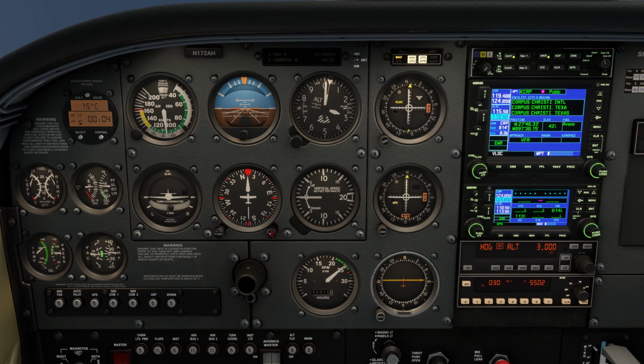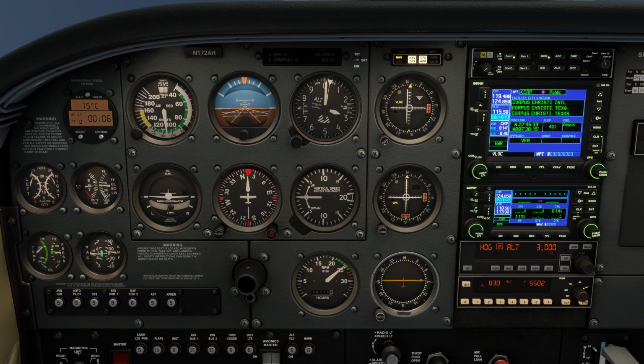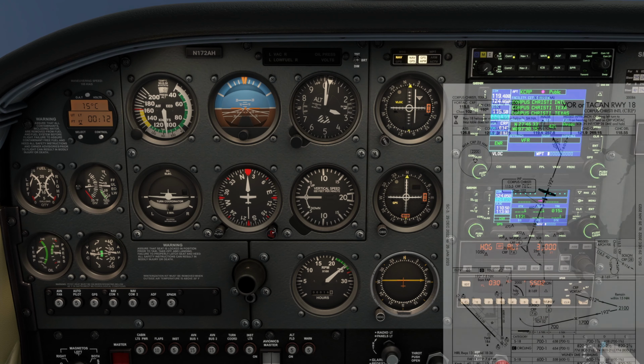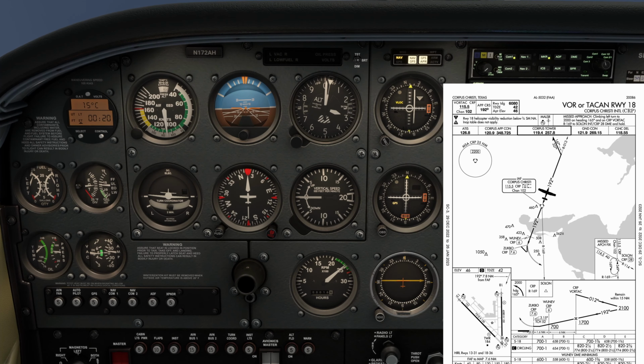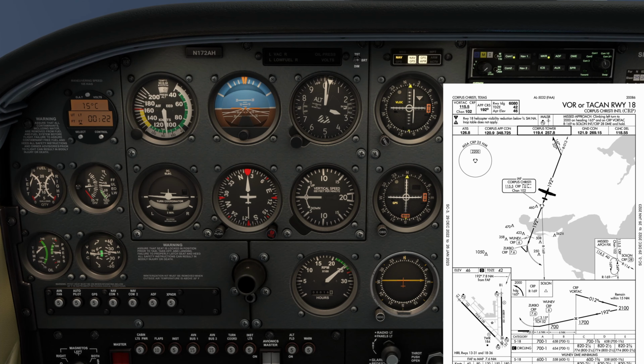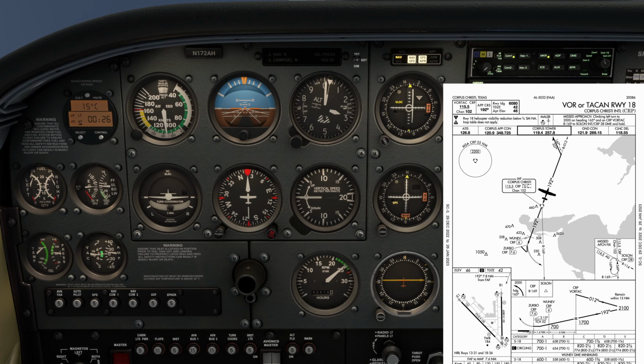I'll turn to 012. That's about where I am right now. I'll go ahead and twist to a 012 on the heading. And I'll put just a little bit more of a turn to go and intercept that course. Then I will throttle. I need to go down to 2,100 feet. So I'll go ahead and put in 2,100 feet, and I will use a vertical speed mode of about 500 feet per minute to get down there